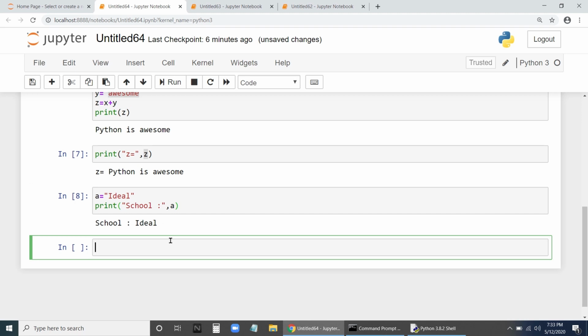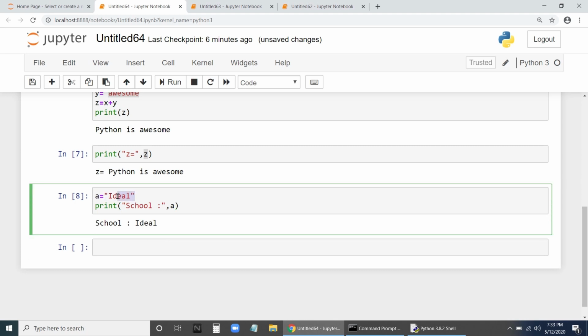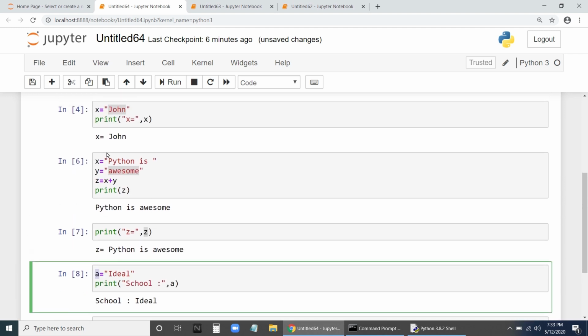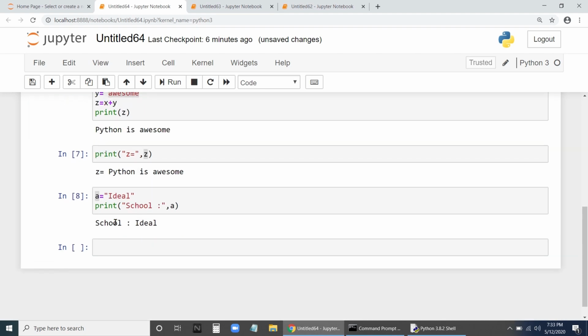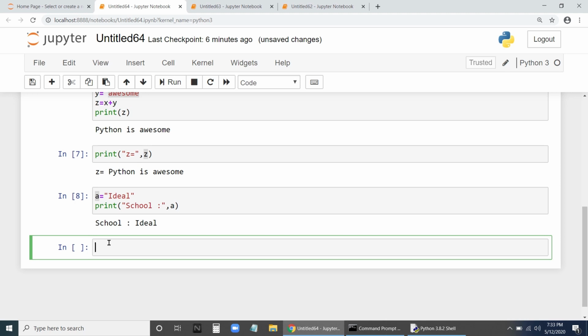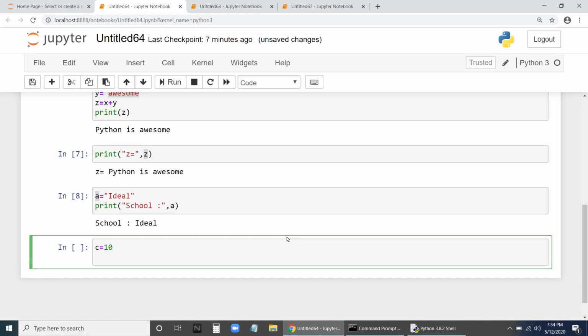Now the same way we have an integer variable. These are all string variables, and this ideal is a string literal. Okay. A set of characters, string literal. This is a variable. What is a variable? A variable is one whose value varies. See here, where the x is there, we can change the value of x at any time. A is there, we can change the value of A at any time. So similarly, I can take here, let us say C equal to 10. So 10 is not a string, it is an integer, a number. Fine.